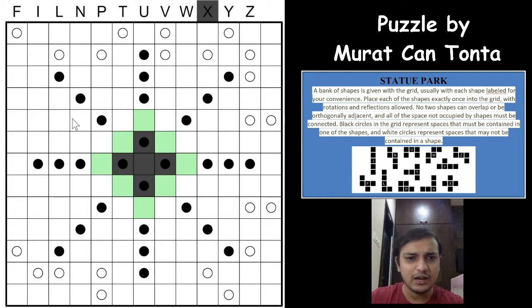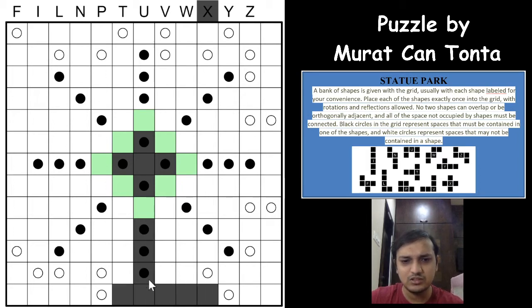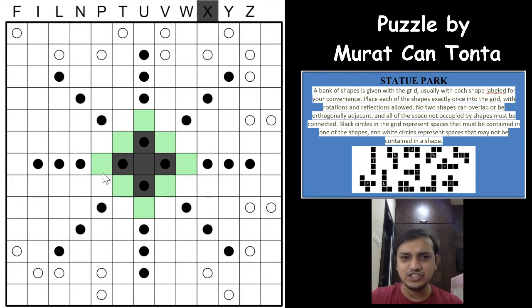Is it possible? I don't think so, because if you see this cell, not touching any of these cells, it will have to form an I pentomino this way, and you have only 3 cells remaining, right? Same way this cell, you have only 4 cells in any of the directions. So there is exactly one place to form an I-shaped pentomino, right? You have 5 cells here, but you cannot form an I-shaped pentomino here, because then these black cells will touch the I shape, so that is not possible. There is exactly one place where an I-shaped pentomino will go.